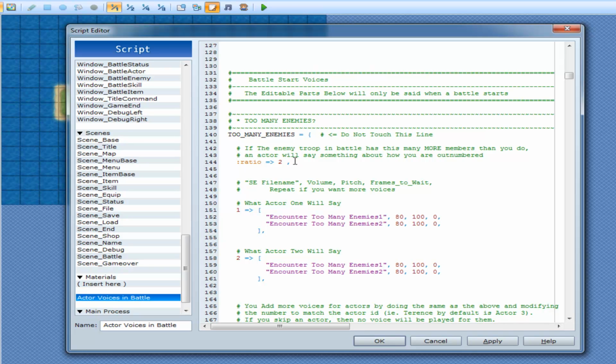And what I mean by that is, your enemy troop can have up to 8 members, but usually for your own party you can have up to a maximum of 4. So if I was to go into battle with 4 party members and there was 6 or 7 or 8 enemies, then because of the ratio here, they have 2 more enemies than I have party members, which means we are now